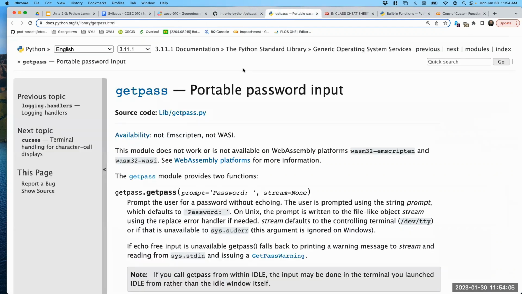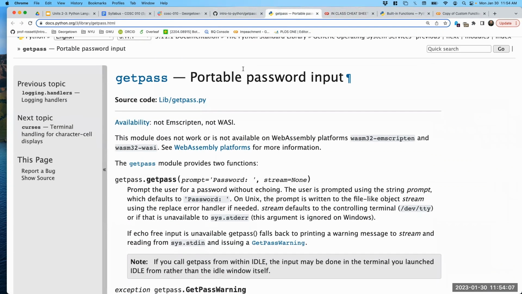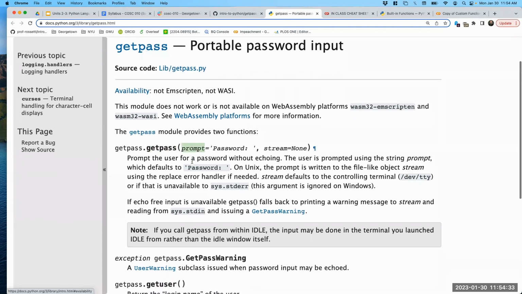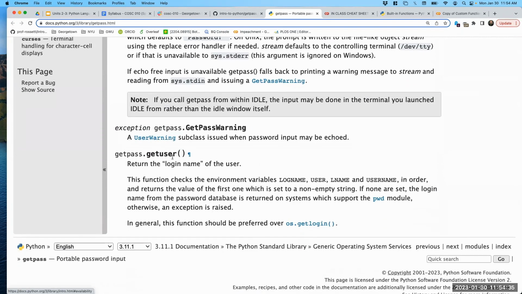So there are a number of modules, and we will use the random module in a few minutes to do random related stuff. If we wanted to do statistical related stuff, we will use the statistics module and some functions from the statistics module. But in this case, if we want to do secure passwords, we'll use the getpass module. How many functions does it provide? I guess here's the getpass function, and we could provide it with a prompt like we were doing with our input. And I guess maybe there's only one